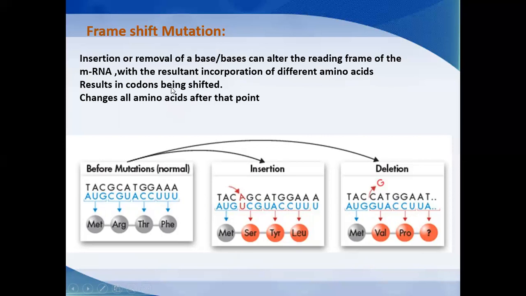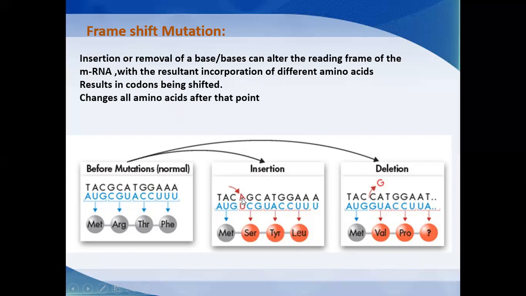So the codons being shifted changes all amino acids after that point. From this point onwards, the amino acid sequence changes. See here, we are getting UCG, a codon which represents serine, UAC, tyrosine, and UUU is leucine. So the complete amino acid sequence is changed to different amino acids due to insertion of a particular base